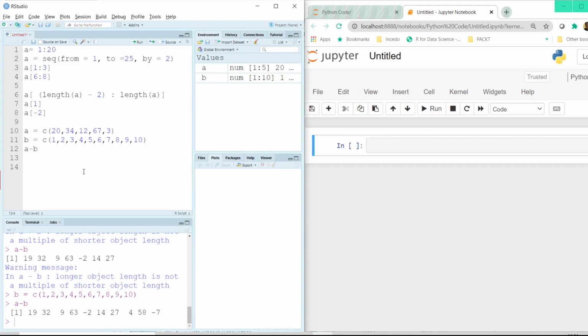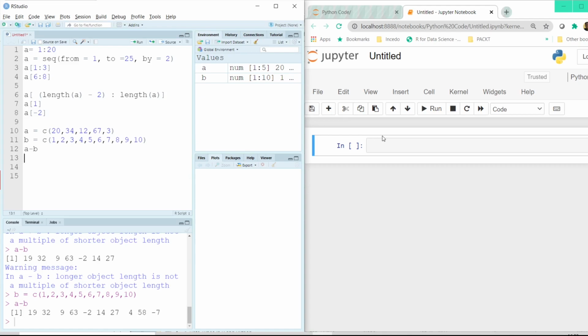Now, if you go to Python, maybe in this case, you can try the division and multiplication operator on your own as an assignment. Try keeping the same number of elements. Try changing the number of elements, which is not a multiple. So in this case, like for example, 5 elements, and in this case, maybe 7 elements. And then try having number of elements in one vector as a multiple of number of elements in the other vector and see the difference.